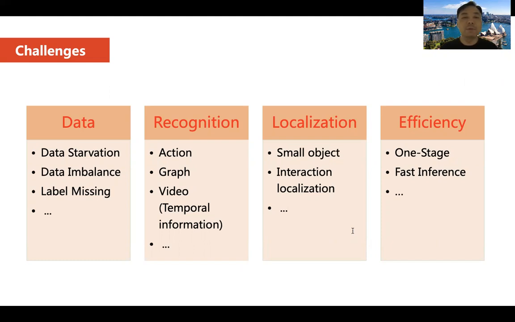The label missing problem is also an important challenge in visual relationship tasks. On one hand, the annotation workers have their own preferences. Thus, the annotation workers might label some kinds of HOI labels, while ignoring other HOI samples in the image. On the other hand, people usually ignore the small objects and people in the image when they are annotating the relationships.